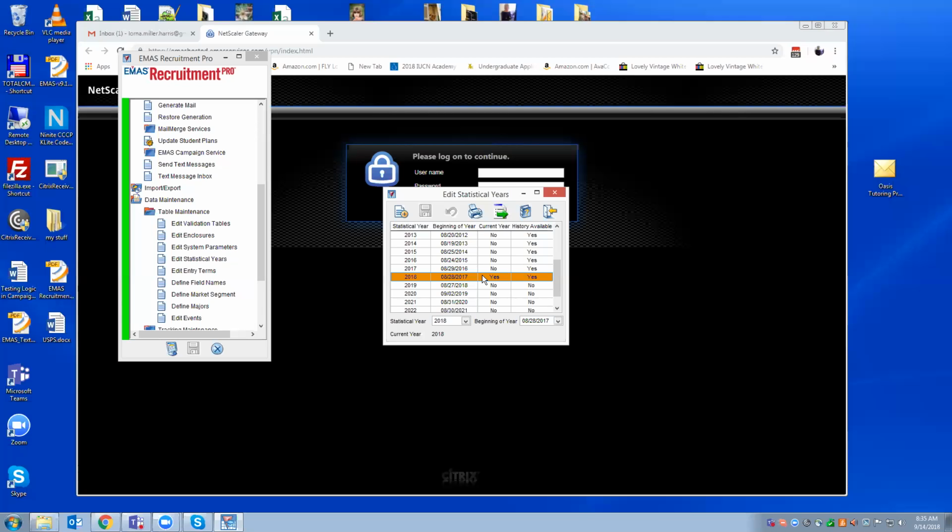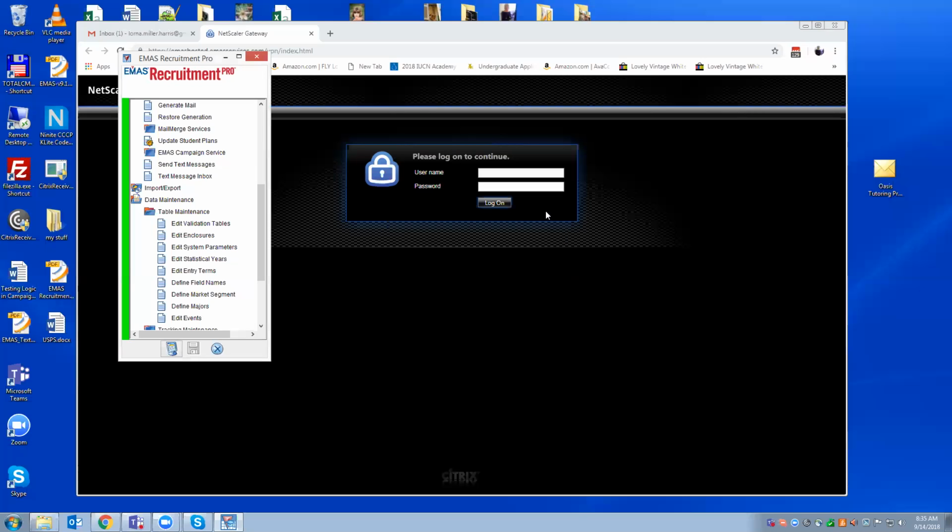But here's the piece that is really important. So yes, you've started the 2019 recruiting year, but because you haven't closed out 2018, and because you're still active with those students, you're not really ready to close out and create that new set of 2019 enrollment history records.